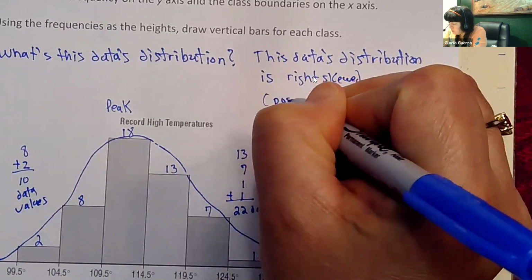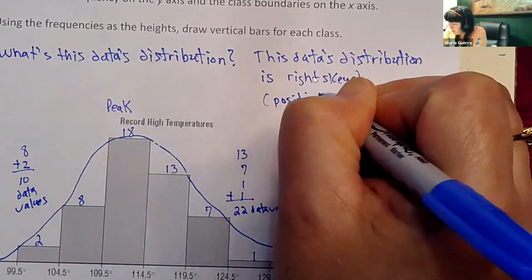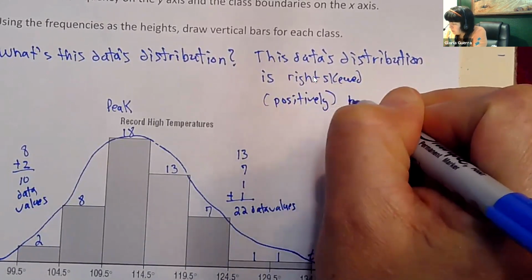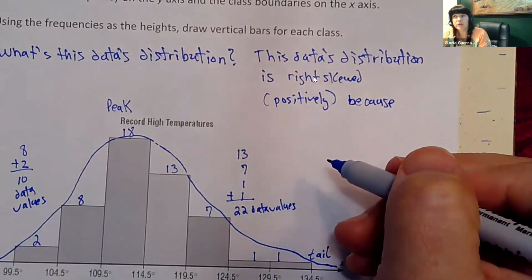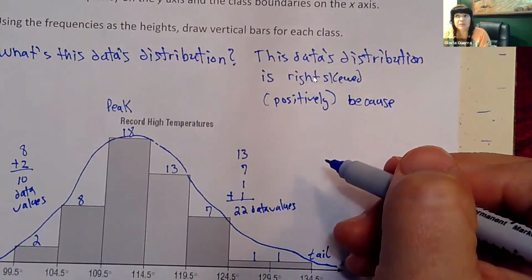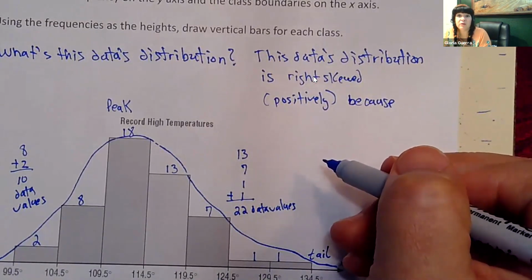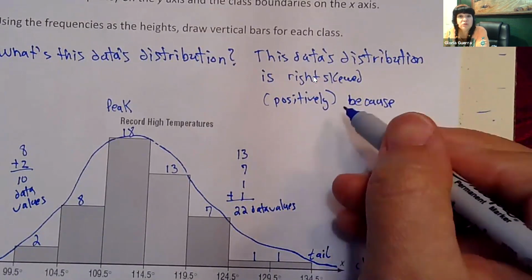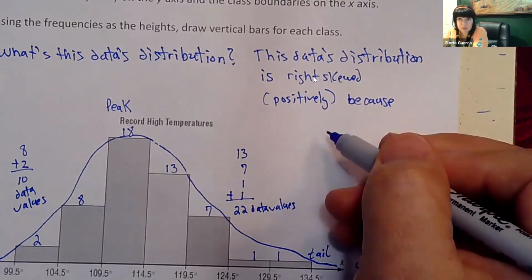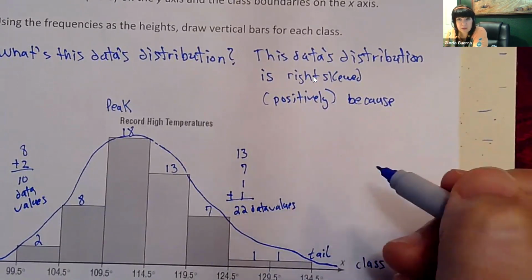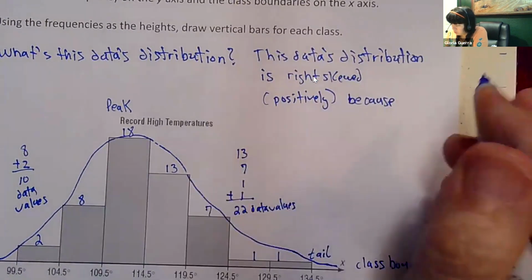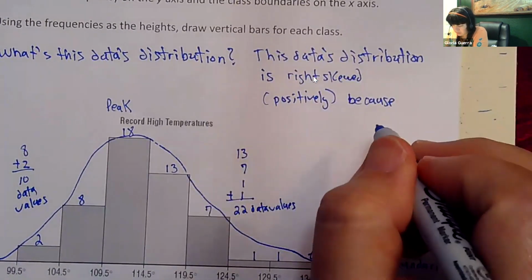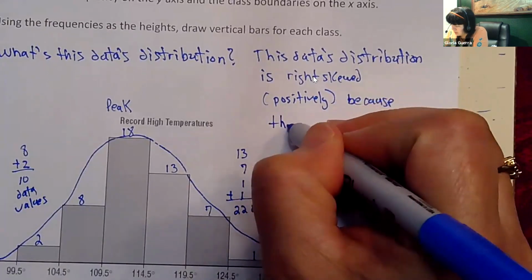And this book, at different times, will sometimes have answer choices where it says, is it right skewed or left skewed? But then sometimes the choices are positively skewed or negatively skewed. So these are synonyms, and that's why I put both of them in, because it likes to vary the vocabulary. But this distribution is more right skewed, more positively skewed, and it's because the data